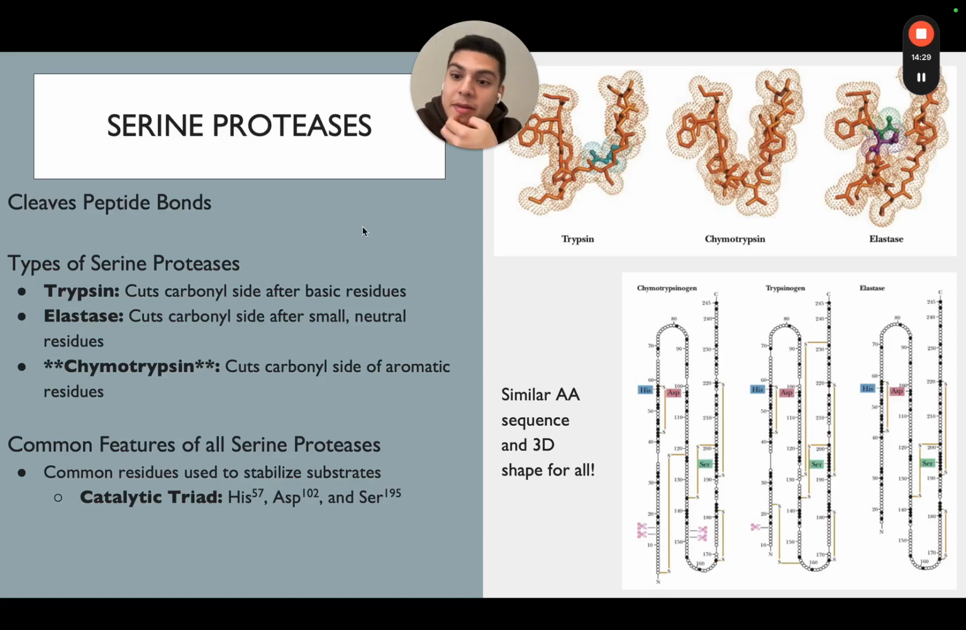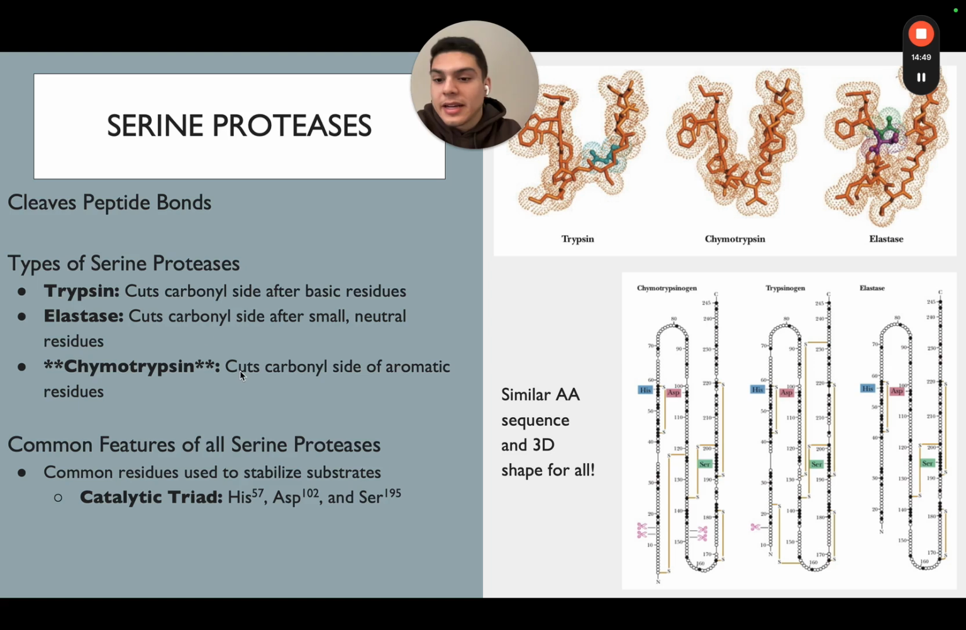Next one is serine proteases. So it cleaves peptide bonds again. All these proteases cleave peptide bonds, just a little bit differently. So there are different types of serine proteases. There's trypsin, which cuts the carbonyl side after basic residues. There's elastase, which cuts carbonyl sides after small neutral residues. And then there's chymotrypsin, which we are going to go much more heavily into, which cuts the carbonyl side of